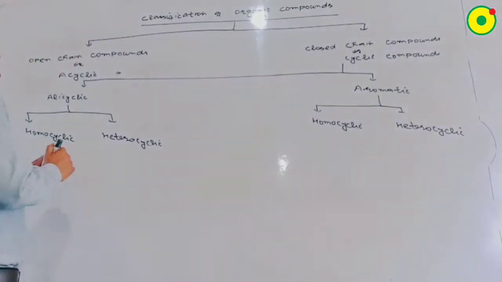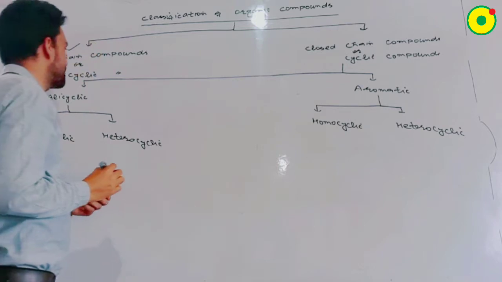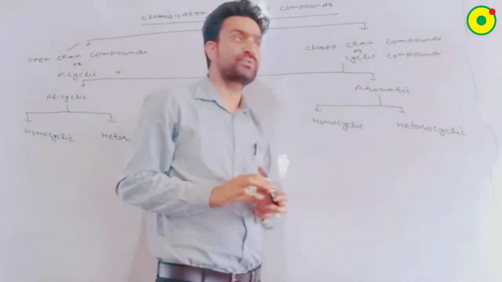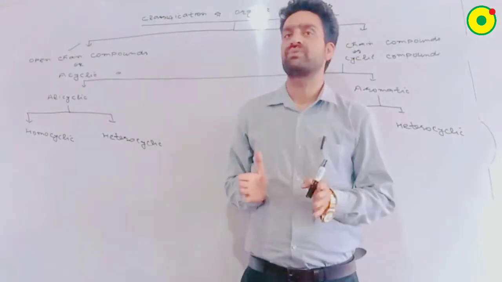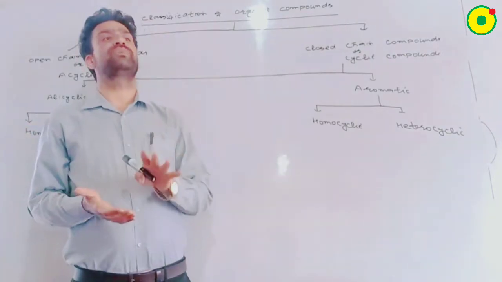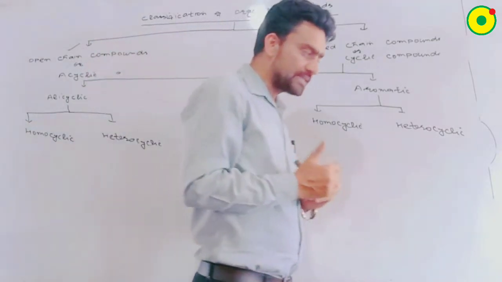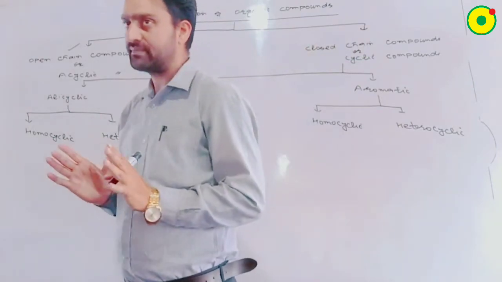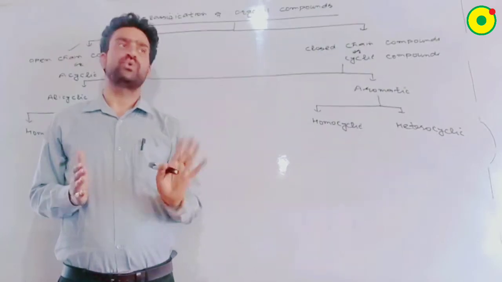First of all, we will go to this type that's called open chain compounds or acyclic compounds. What are open chain compounds or acyclic compounds? Open chain compounds or acyclic compounds are those compounds which do not possess any cyclic ring. They are in open chain form. They may be branched or straight line. क्या है? ऐसे कंपाउंड जिनमें कोई भी साइक्लिक रिंग स्ट्रक्चर नहीं होता, ये ओपन चेन फॉर्म में होते हैं. ये स्ट्रेट या ब्रांचेड हो सकते हैं.